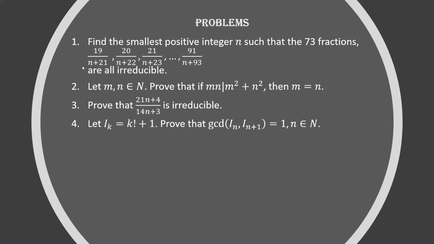If you are introduced to the concept of GCD and LCM, you would have been introduced to it in school, where they teach GCD and LCM in 7th or 8th. But this is not that kind of GCD and LCM. If you are not introduced to this level of GCD and LCM, then for problem number 1 you will need to prove one consequence. Then you can continue solving problem 1. If you already know it, then you can just solve it. I am giving all the hints required for 1, 2, 3, and 4 so that it becomes simpler, because you have less time.